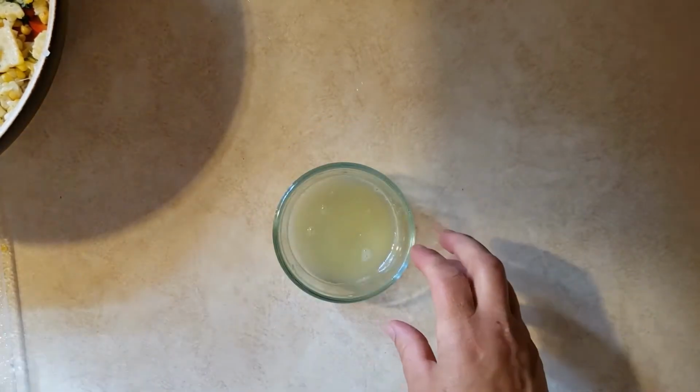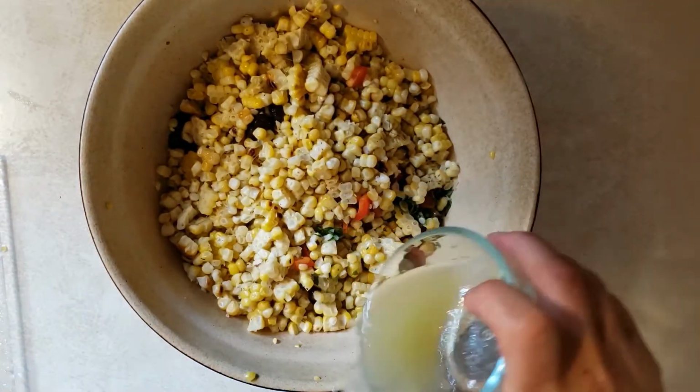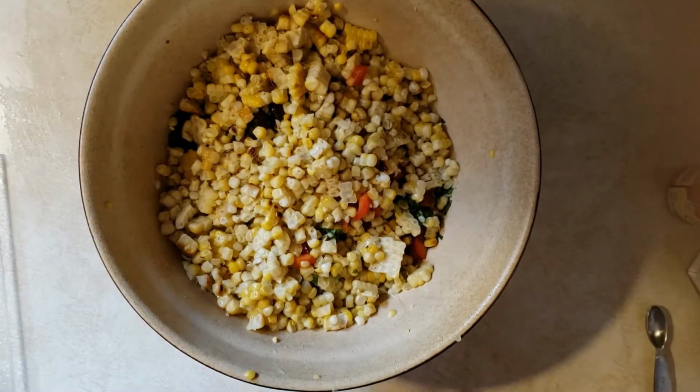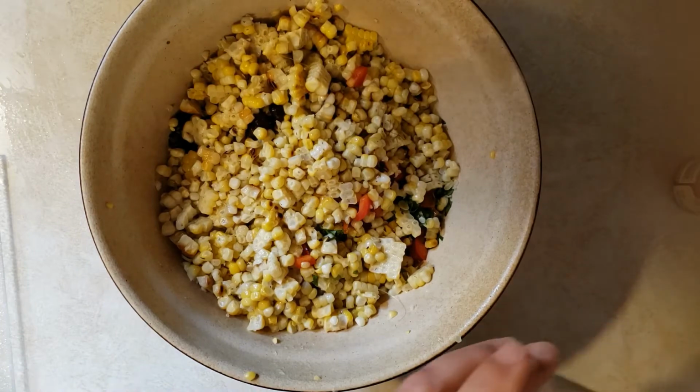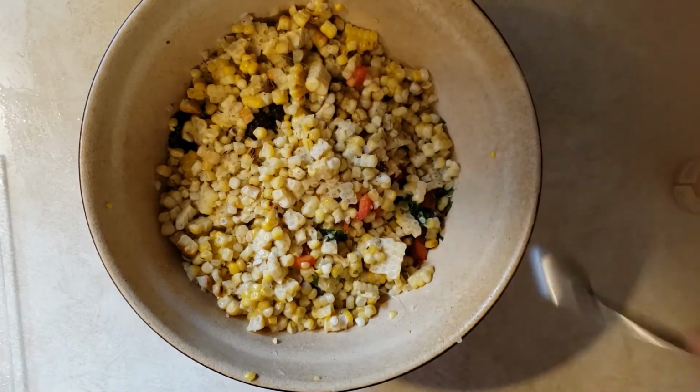Okay, so there I have my lime juice. I'm going to add that in to our salsa. So then we're going to add our seasoning. So I've got a 1/4 teaspoon of salt,